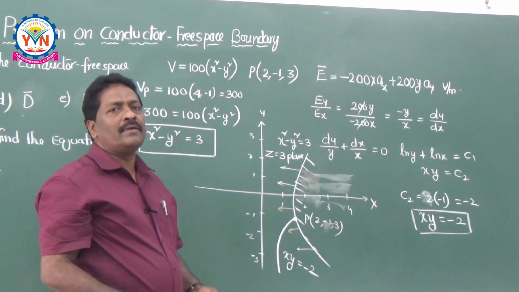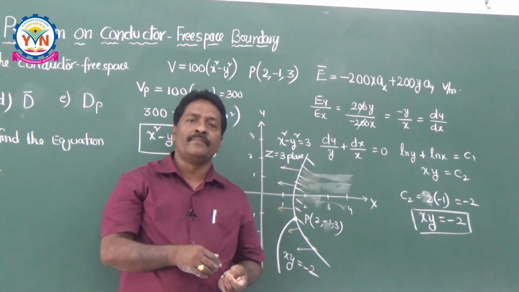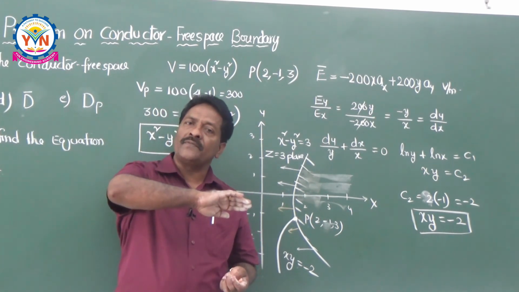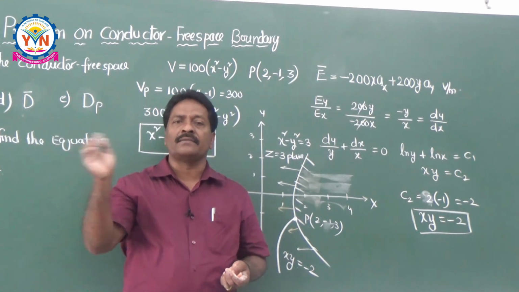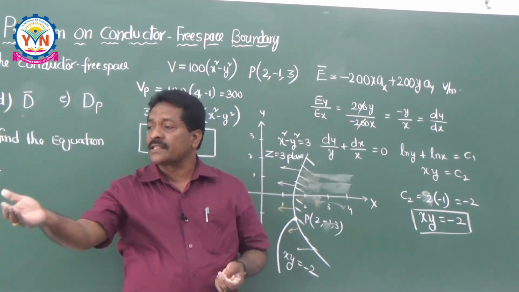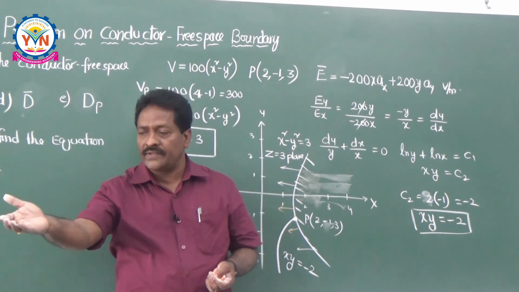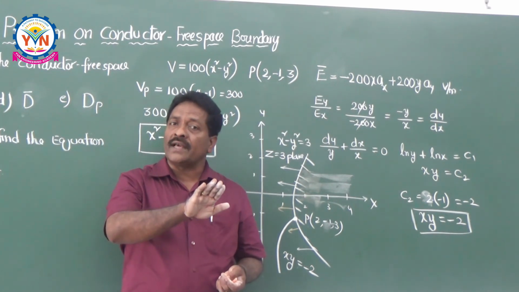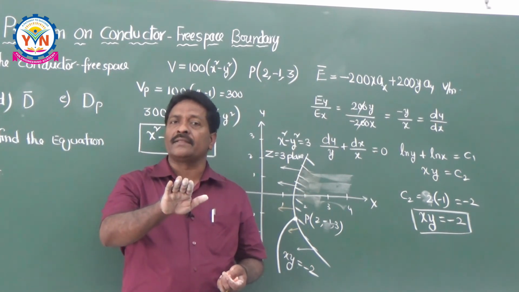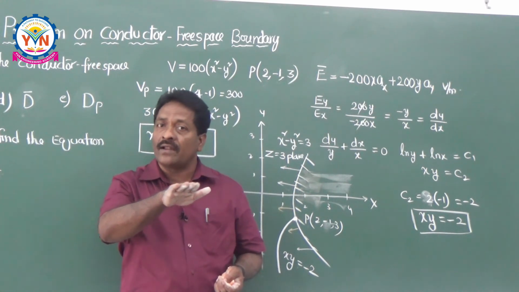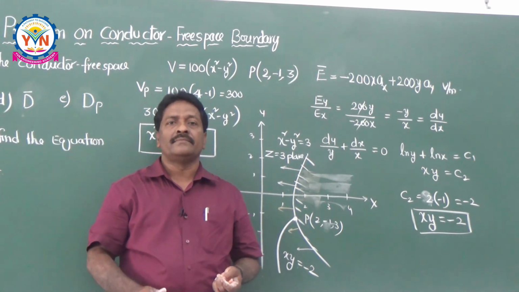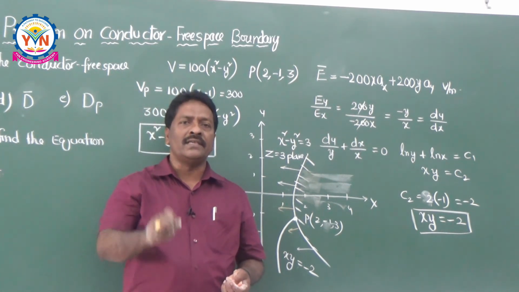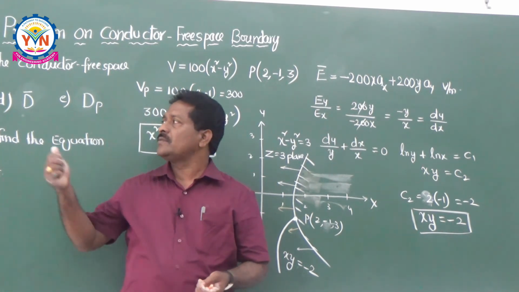So finally, very simple. What you have to remember is the boundary conditions of the conductor to free space. A conductor surface is always an equipotential surface. Wherever the equipotential surface is required, just substitute with the conductor. And one more thing is, there is no question of tangential component. That means there is no component of electric field along the surface of the conductor. The entire electric field will always be at an angle of 90 degrees to this. So these conditions you have used to solve this problem.